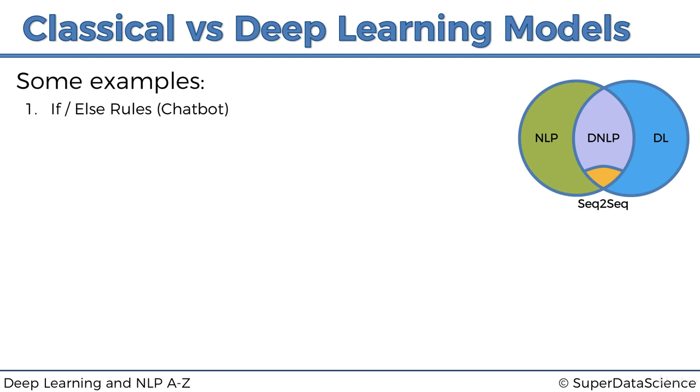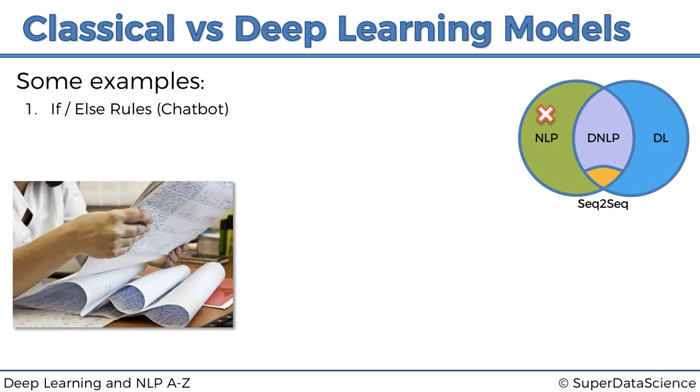So if-else rules are located over here on our diagram in just the NLP part, and what they entail is a huge list of possible questions and answers to those questions. And so once somebody in the chat asks a question, or we can identify that part of the sentence is the question that we have pre-recorded, then we will give them the correct answer, the answer that is associated with